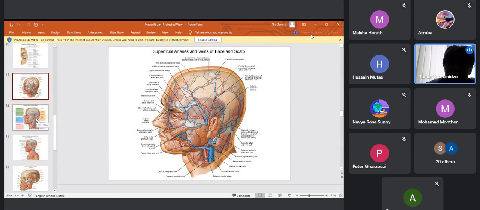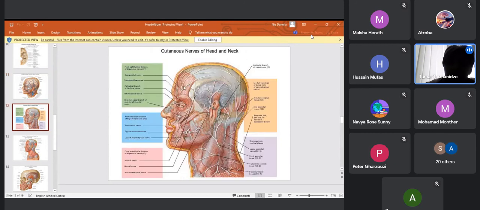Sensory innervation of the skin of the temporal region is formed by the auriculotemporal nerve, which is a branch of the mandibular division of the trigeminal nerve, and the zygomaticotemporal nerve, which is from the maxillary division of the trigeminal nerve. So the skin of this region is supplied by the auriculotemporal nerve and zygomaticotemporal nerve. But deeply, we have told that